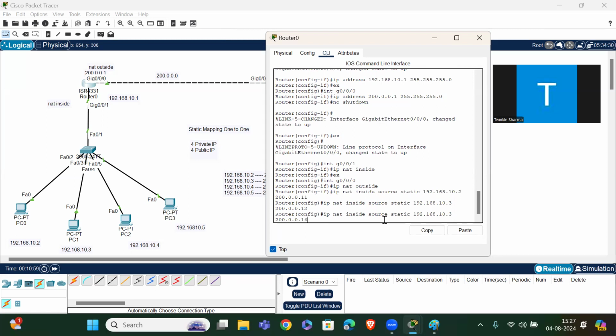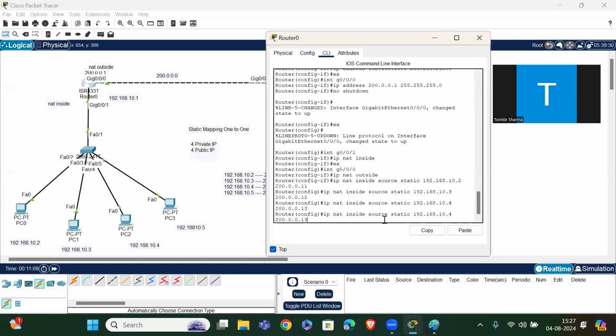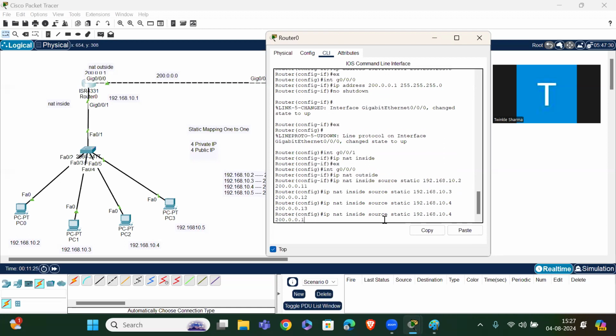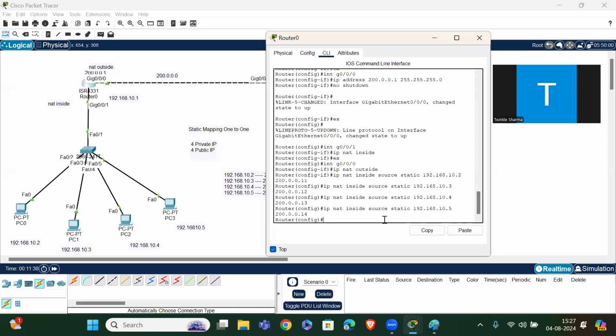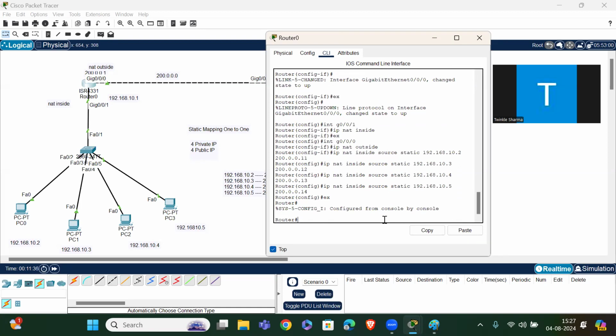This is our 13 and this is our 4. Sorry, this is our 5 and this is our 14. Okay, done.